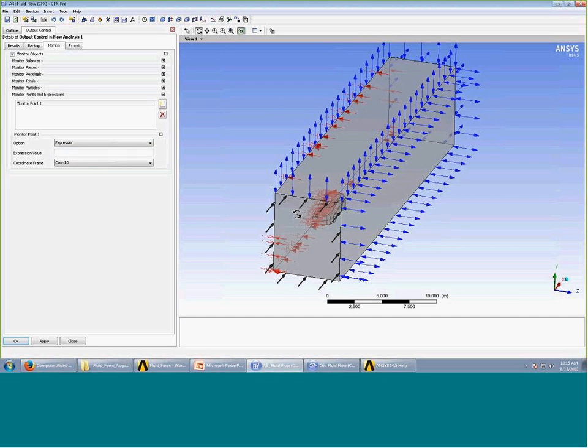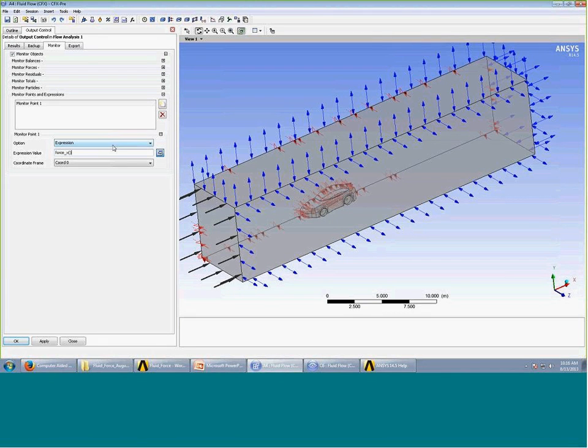So I will judge my convergence based on when that force value becomes constant or is no longer changing. So the expression that I'm going to use here is the force operator, and I'm going to use that in the x direction. So that's going to give me the drag force,